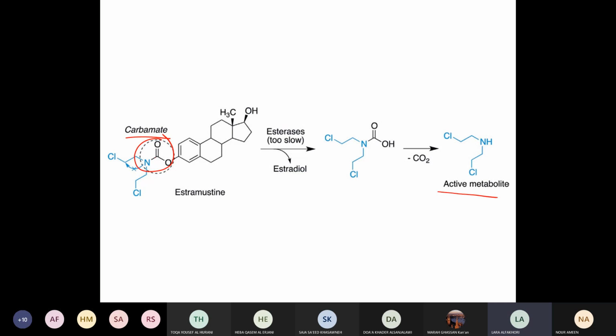لكن as I told you before, صح الاستروماستين احنا عم نناقشه هون في الالكيليتنج agent as an example of a design based على الالكيليتنج agents. لكن اللي هلا بنعرفه انه such a hydrolysis, مع انه الكرباميت hydrolyzable, لكن such a hydrolysis inside cells is a very very slow process. Honestly, أو يعني what happens is that mostly the drug ما بصير له hydrolysis. Or this drug acts على الميكروتوبيولز. يعني its mechanism of action or its cytotoxic activity is due to affecting the microtubules assembly. It has nothing to do with alkylating the DNA.